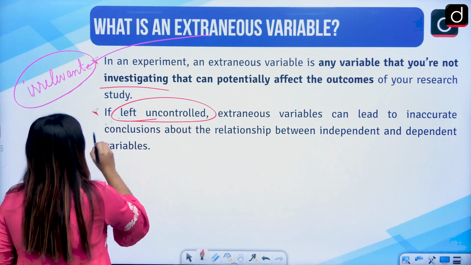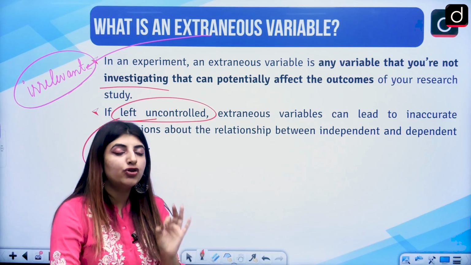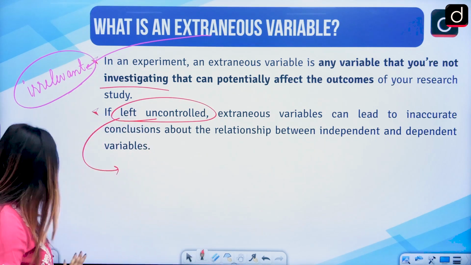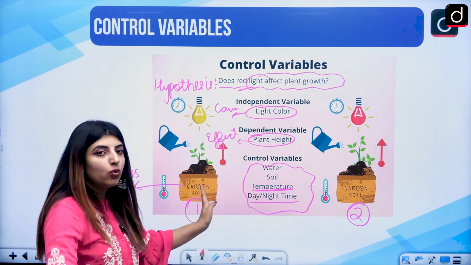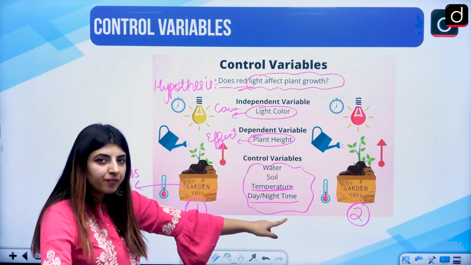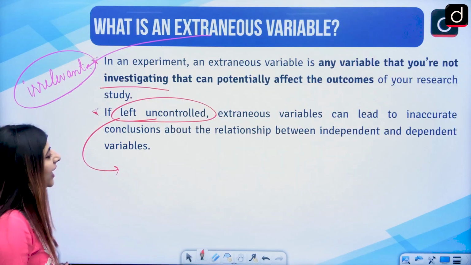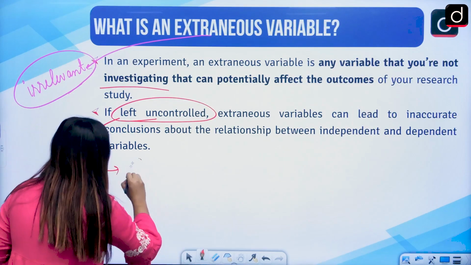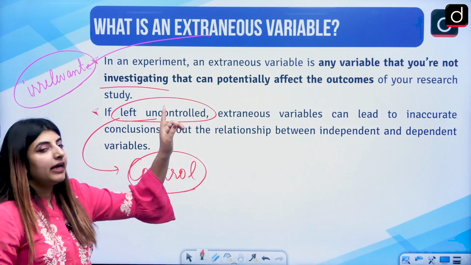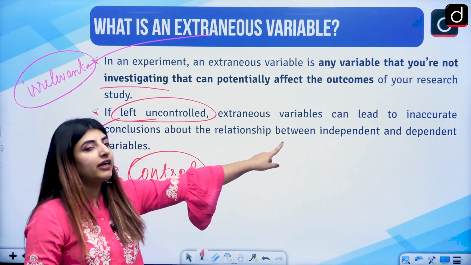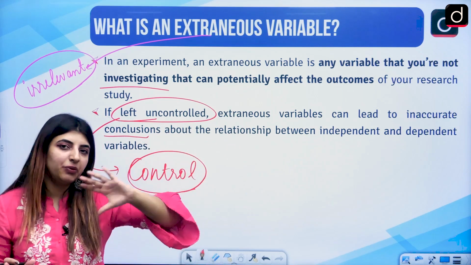If left uncontrolled, which means that if you know that there are certain extraneous variables in your research, you should control them. Here, in the previous example, these would have been the extraneous variables. If I had put 2 glasses of water here and 1 glass of water here, that would have had an effect on my plant growth, correct? So, I did not want to do that, hence I controlled them. So, control is required. If left uncontrolled, it can lead to inaccurate results or conclusions about the relationship between independent and